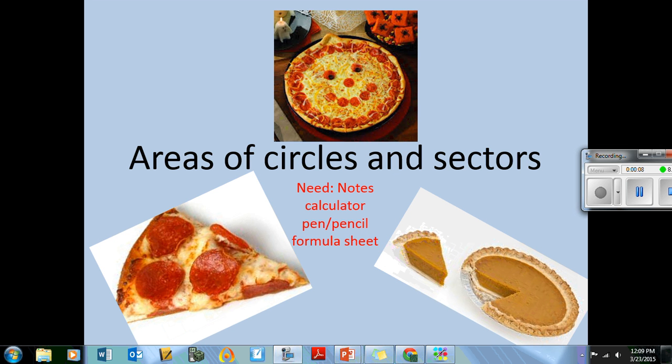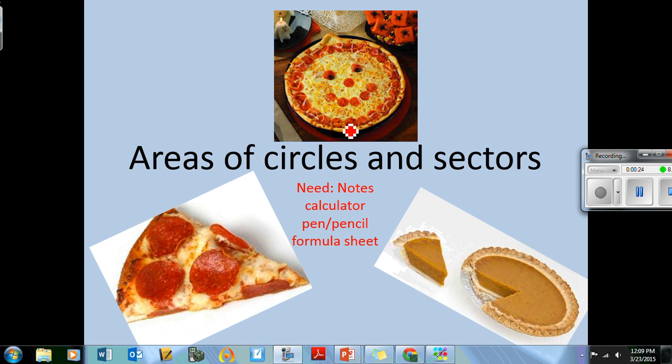You'll need your notes to take notes. You'll need your calculator, a pen or a pencil, and your formula sheet so that we can reference formulas on your formula sheet. All right, so today we're going to talk about the area of a whole circle, so the